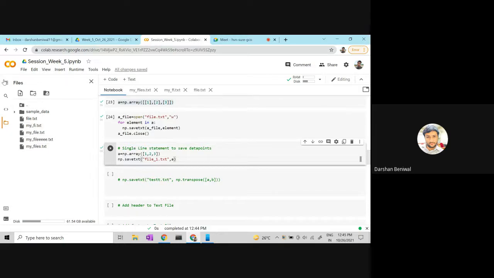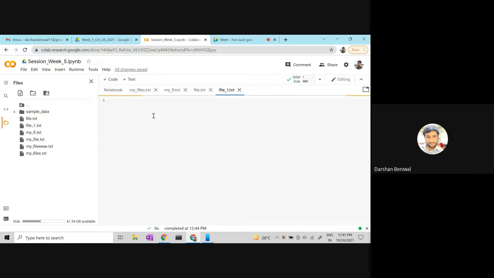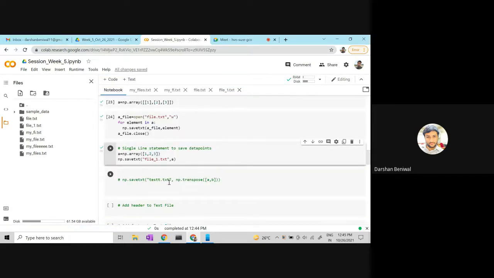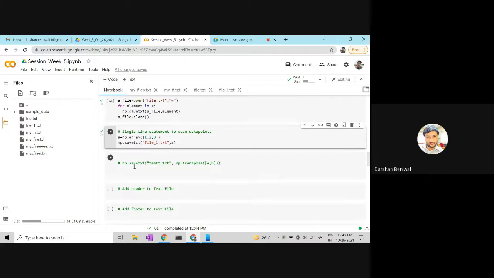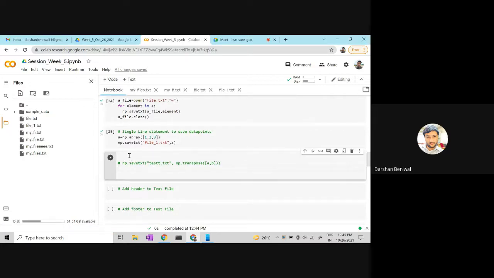Okay. So first, let me show you how the output of this file looks in the same way. Similarly, we can save the two arrays in a single text file like this one. Let's see this one.